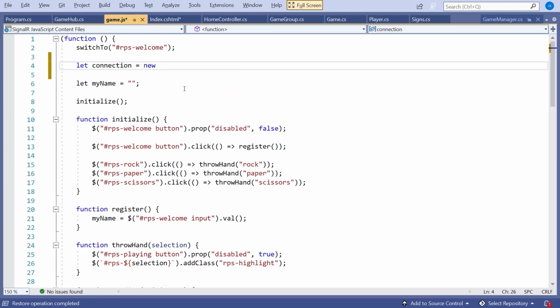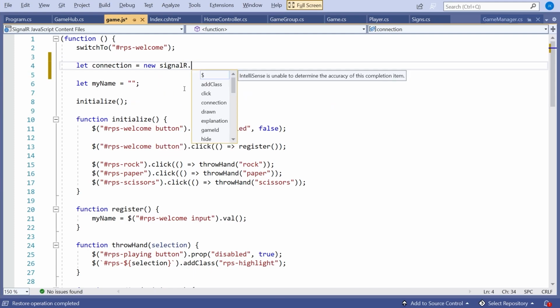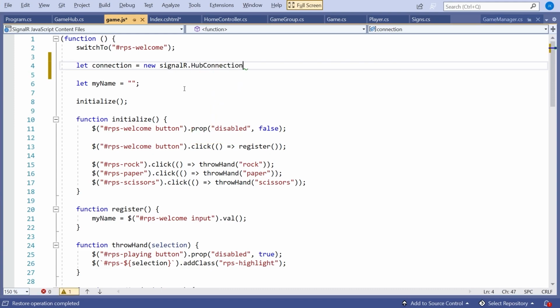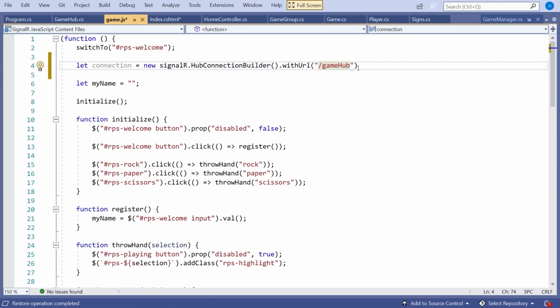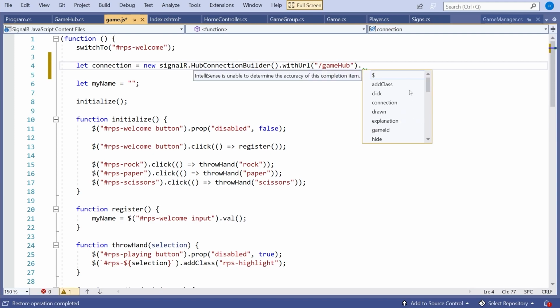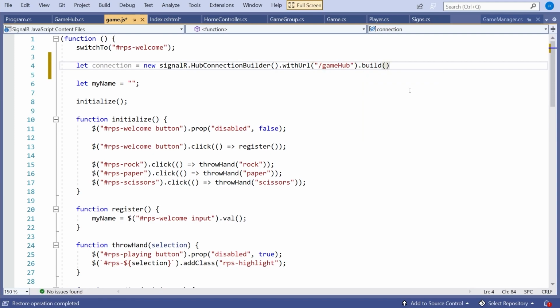And so we're going to say equals new signalR dot, and then we have this thing called a HubConnectionBuilder, and then we say dot withUrl, and then in there we put our /GameHub. So remember, that's what we had in the program where we'd registered our hub, so that's what we're looking for up here. And then we finally just do a dot build on that, so that has made our connection back to the server.